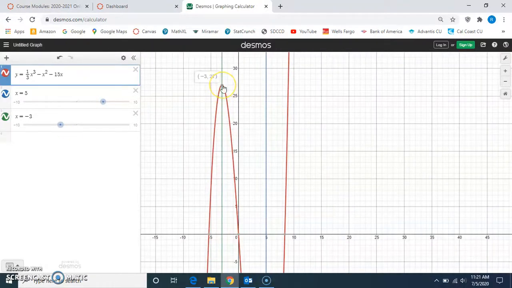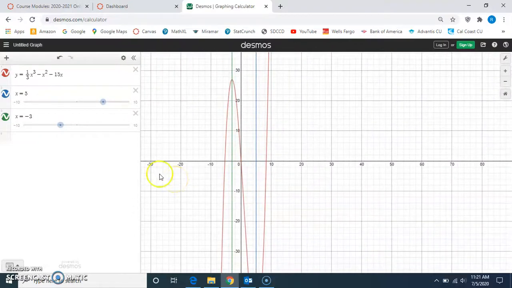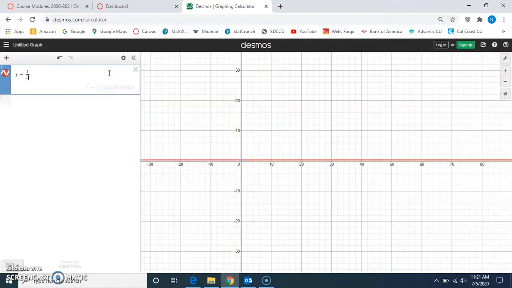And so there it is, -3, 27. Now, of course, just finding the critical numbers, we had no idea about max or min, but we're going to get there. Then we moved on and we did